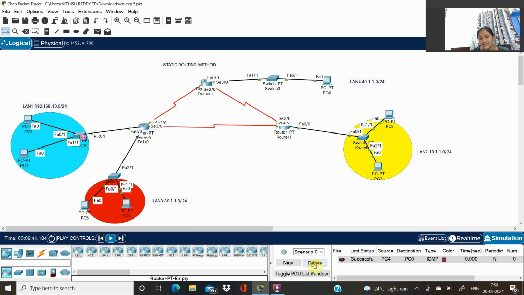Now by this we completed the pinging from LAN 3 to LAN 1.